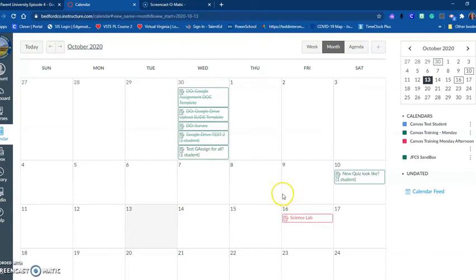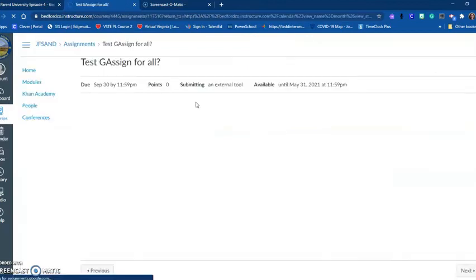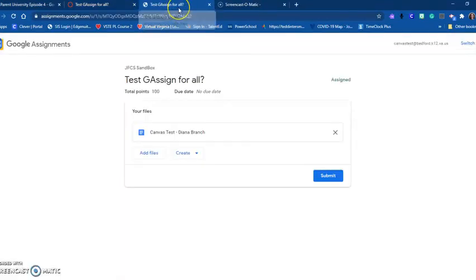I can still use the calendar the same way that the observer does by clicking on this and going to the assignment in question that I have to do. So this is an external tool, so it should populate here fairly soon on what I would need to accomplish in this assignment. So again, as I showed you before with a Google assignment, this one is not done, so I would open to attach and it opens in a new window for me, and I can open up this and be able to see what it does, and I can